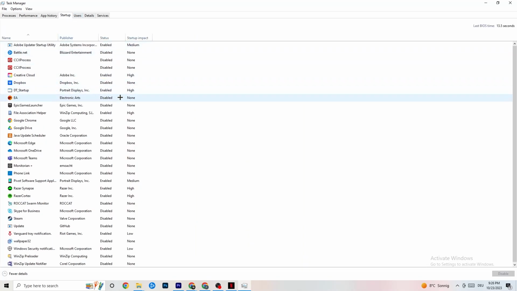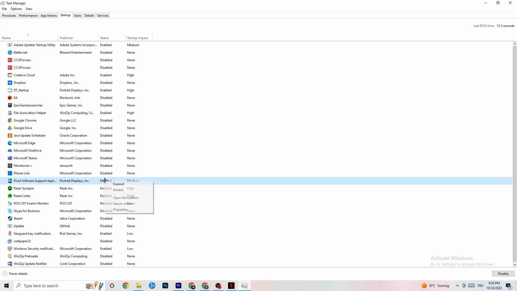those automatically starting applications when you start your PC, and I want you to simply disable every single one which you don't need, which is currently running all the time in the background. This will cause your game 100% to freeze or to stutter in some way, so just right click it and click onto disable. Next thing, I want you to go to the top left corner of your screen again, click